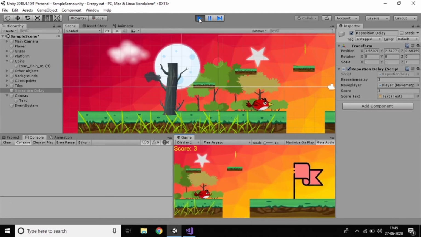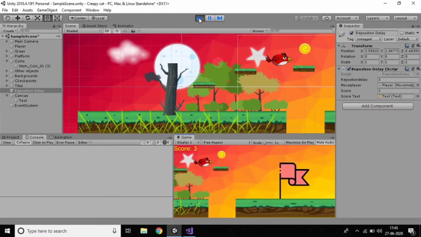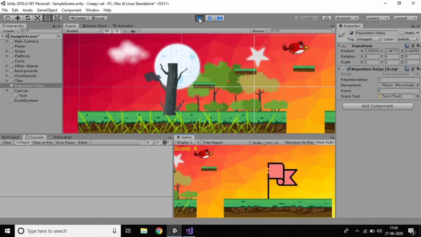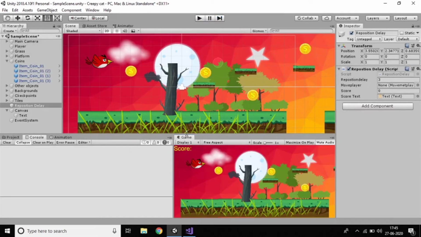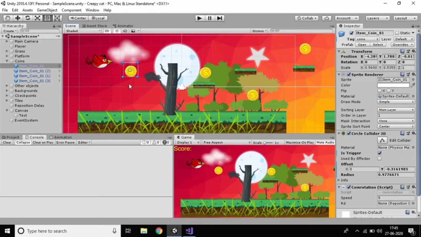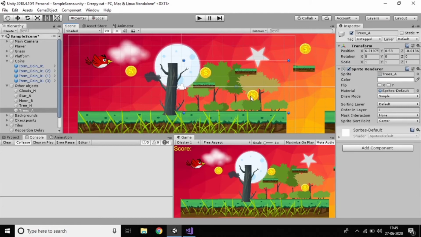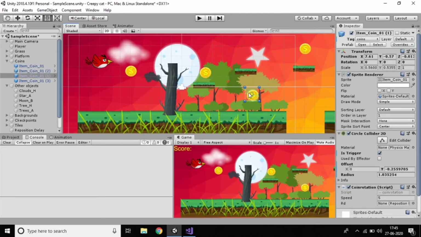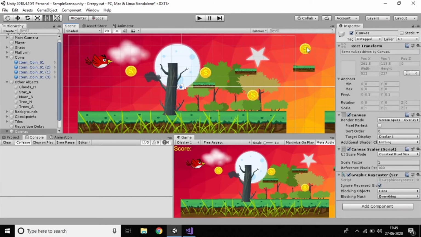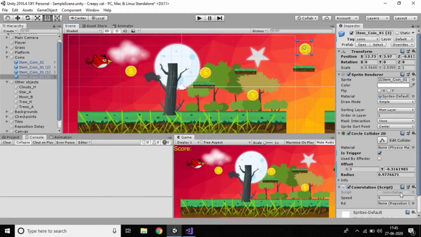So yes, not bad. I want to collect all coins. This is my task. Yes, working. Very good, the task is done. Now I want to give every coin a value. Suppose this coin has two, and suppose this coin has only one, the score value is 1. For this coin, the score value should be like 20 or 10, whatever it may be. So I want to do that.